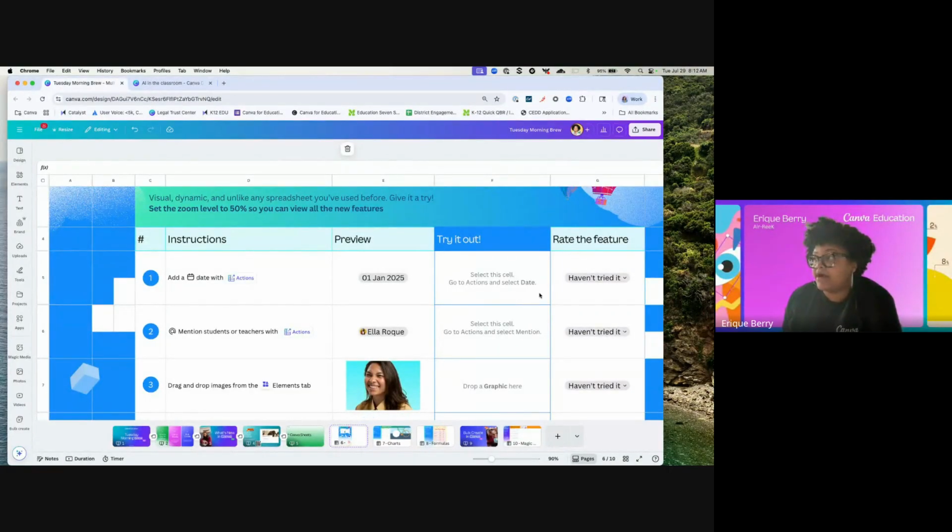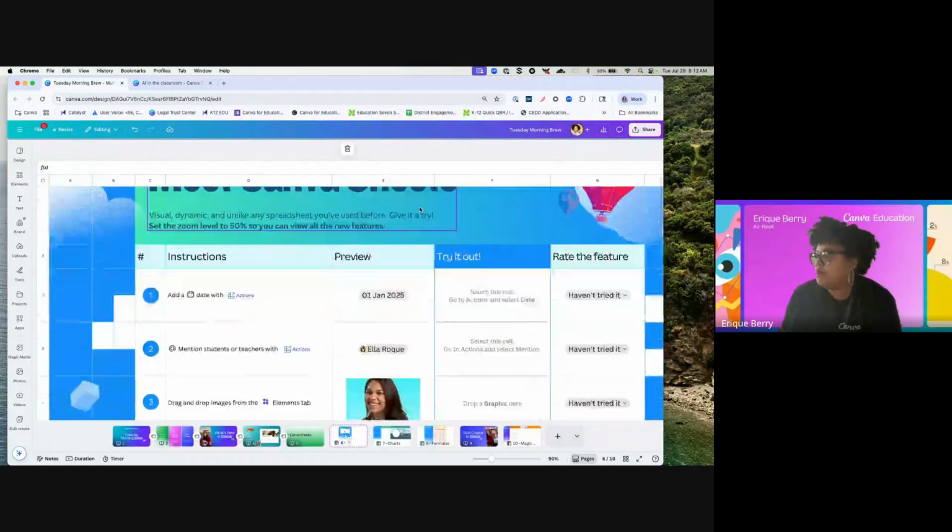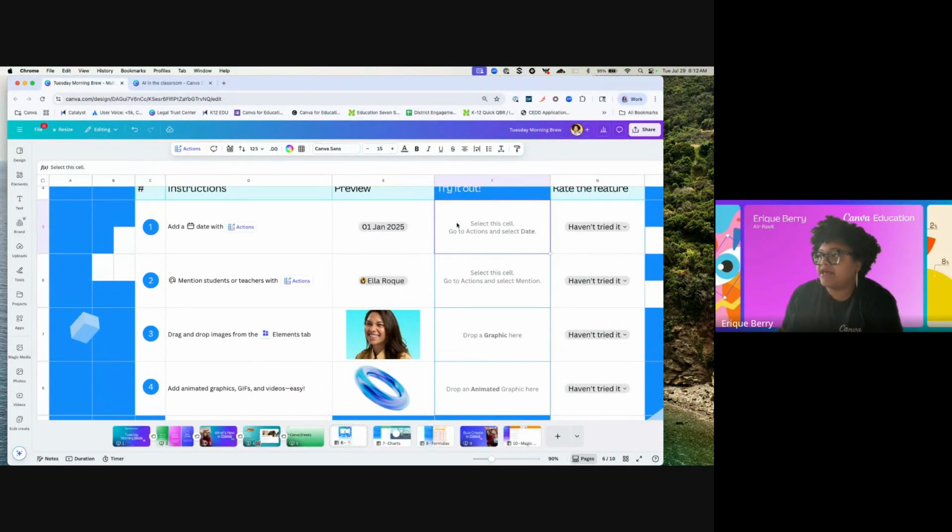And so what's cool about Canva Sheets, okay, so in Canva Sheets now, you have a long list of actions. Most of these are AI powered, and then there are also some generative options as well. So you can fill in empty cells. Like if you have some empty cells, you could tell the AI to put in zeros. But what's also great about this actions tab, you can drop different dates in here. So if I want to add today's date,